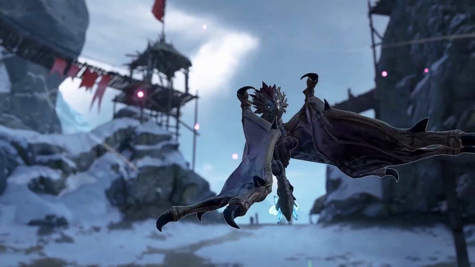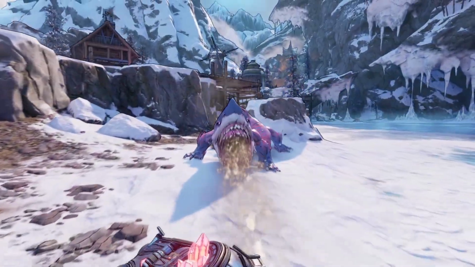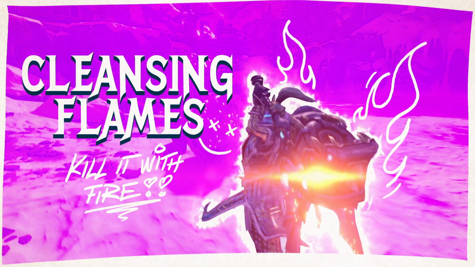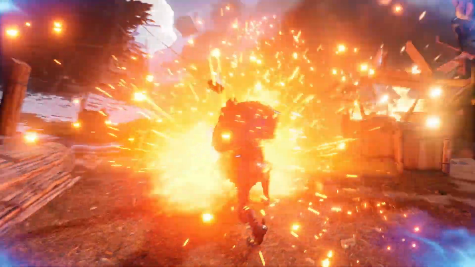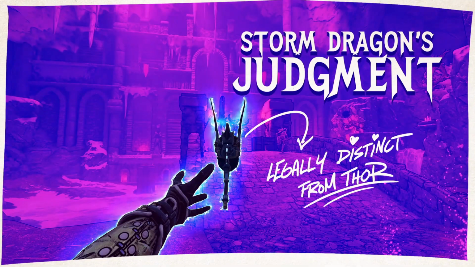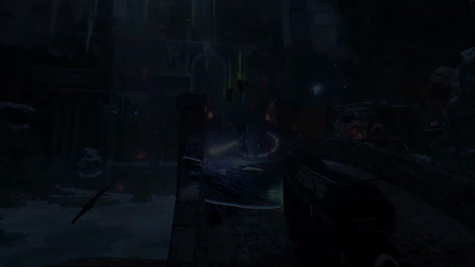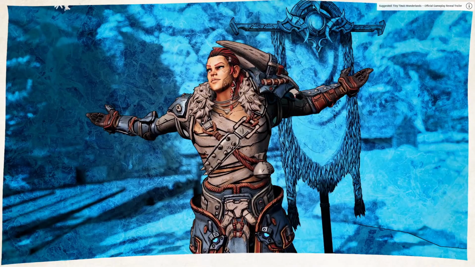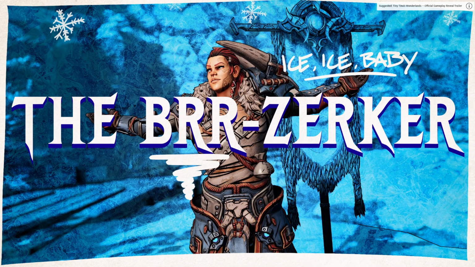Your Wyvern Companion will also fly at your side and breathe fire upon your enemies, and also slash them with razor-sharp claws. Pretty cool class, and it seems to offer a nice mix between magical melee abilities, animal companionship, and of course gunplay. Two more classes to go, and first up is the Brr-zerker class, specialist of melee and frost